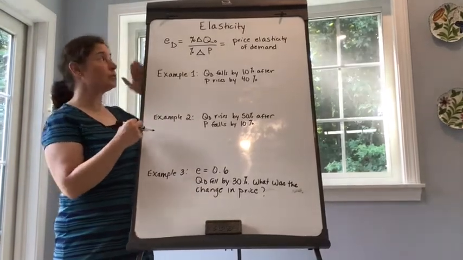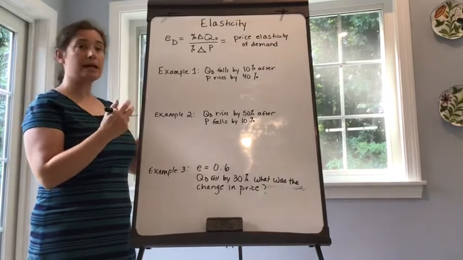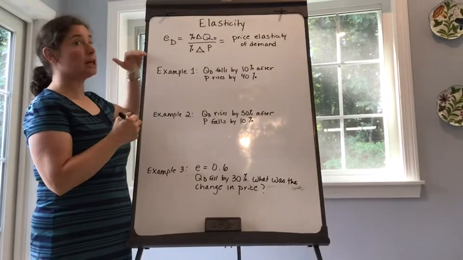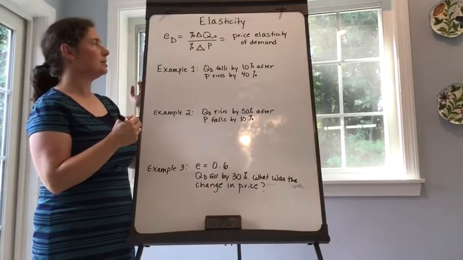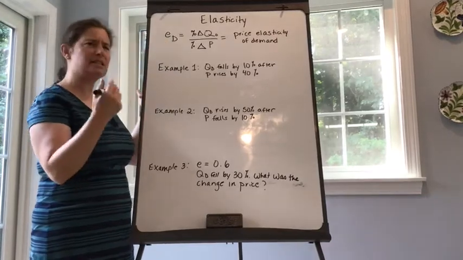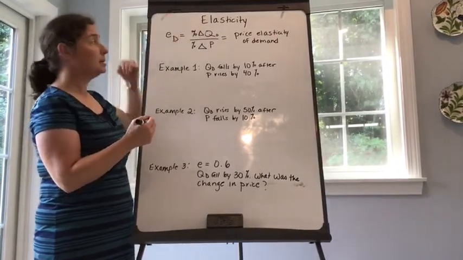In this video, we're going to review some ways to calculate the elasticity of demand. Remember, elasticity is a measure of responsiveness. In this case, we're going to focus on the price elasticity of demand. The basic formula is here. Elasticity of demand, or the elasticity coefficient, is equal to the percent change in quantity demanded divided by the percent